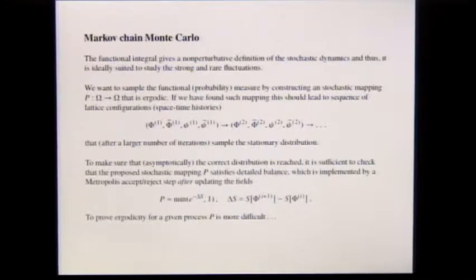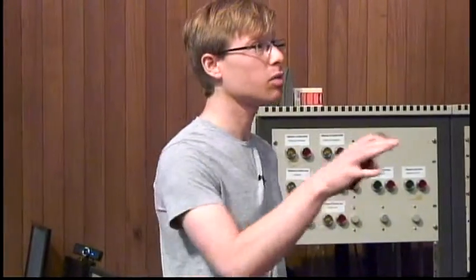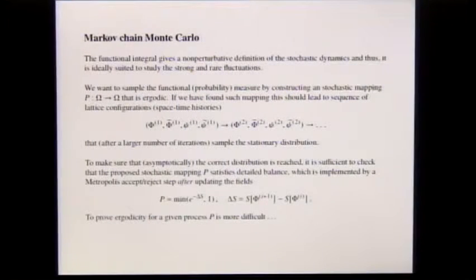So we want to explore the complete phase space of the model by applying a set of operations which are sufficiently ergodic so that we do not stick in one part of the configuration space. So this mapping, if we apply it once, will generate a new configuration, and this new configuration will depend only on the previous one. There's no memory effects. That's what we mean by a Markov